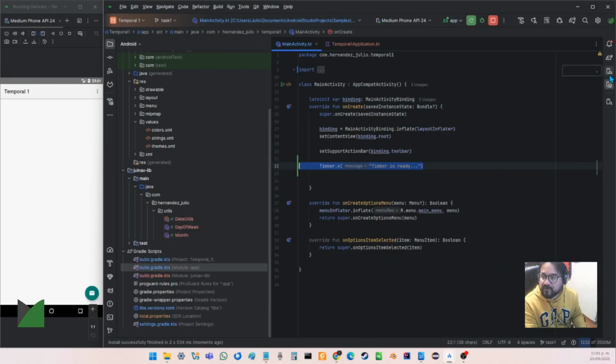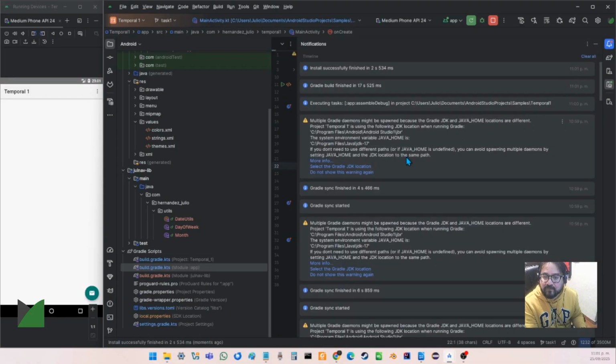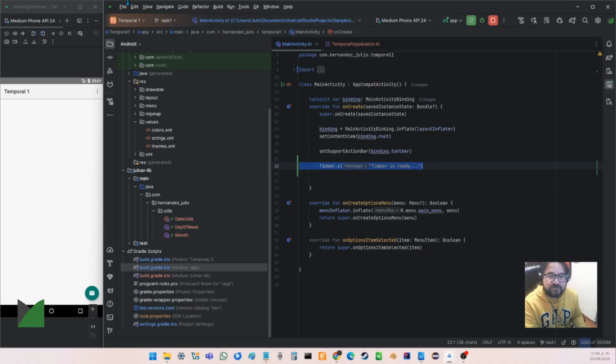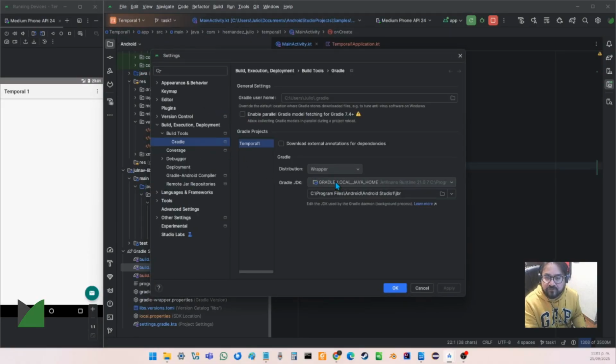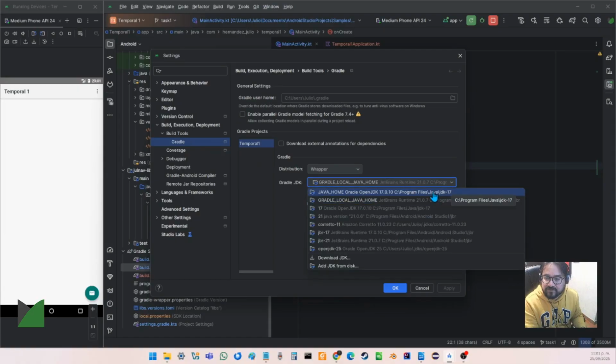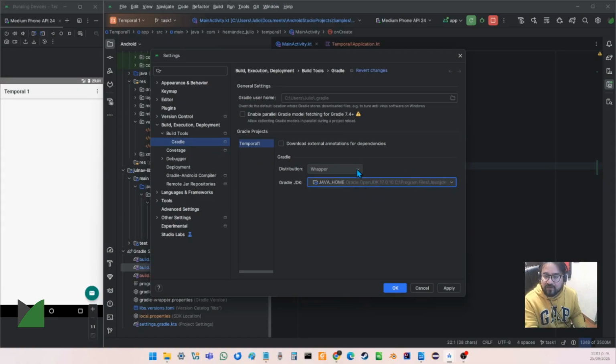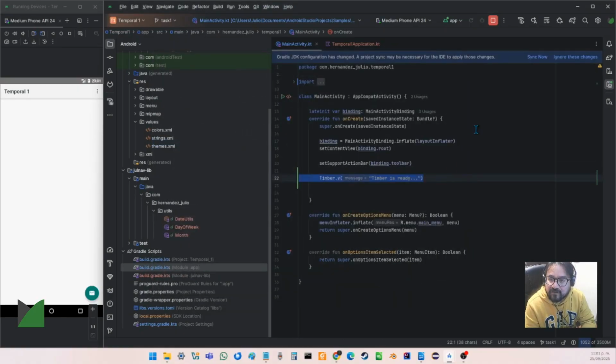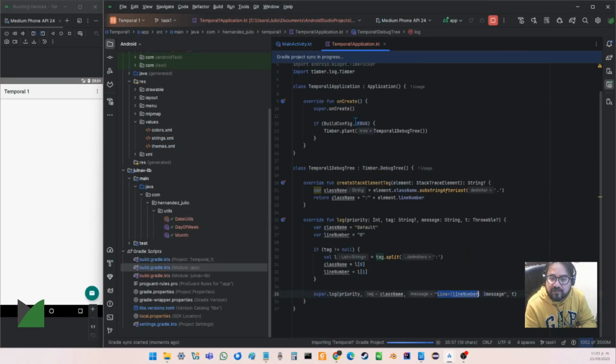There's a problem here with my Java home. I need to set the Java home for this app. So Gradle Java home needs to be 17, which is the current Java version that is installed in this machine. So sync now, and now I need to add